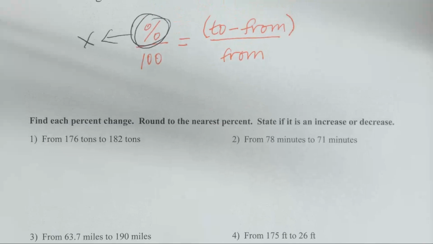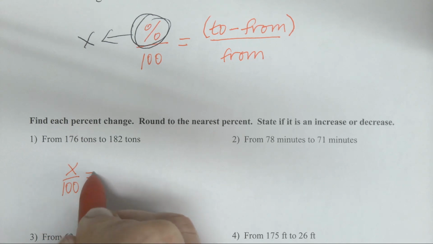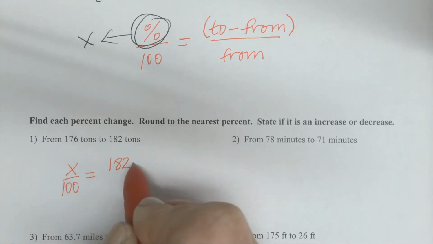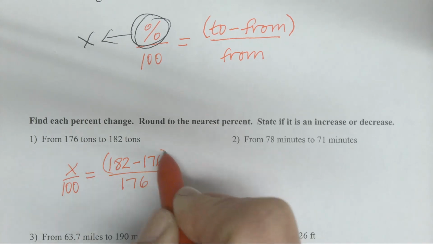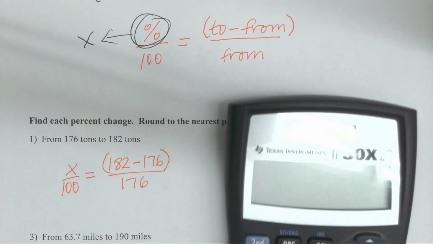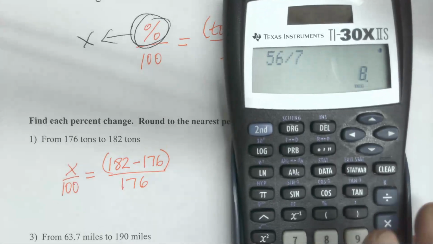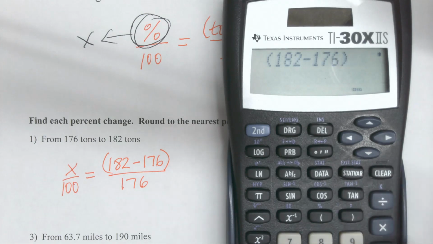But this first problem would be X over 100 equals (182 minus 176) over 176. I put parentheses around that because I do the real shortcut when I plug these in. I just plug it in my calculator. So when I plug it in my calculator, it looks like parenthesis 182 minus 176 parenthesis times 100 divided by 176. And so my final answer on that is